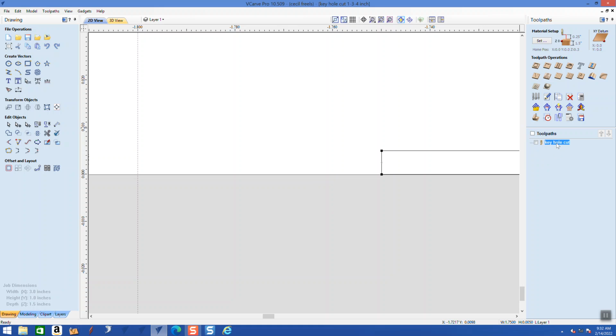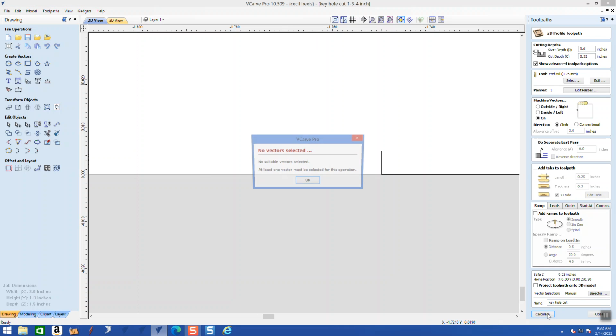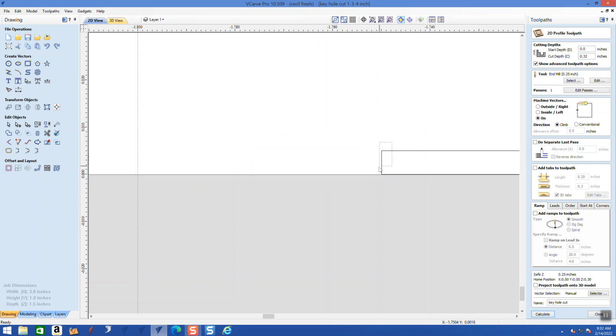So now what we'll do is we'll click on the keyhole path, and the settings are the same. The depth is 0.34. I'm going to back that off to 0.33 or 3.2. And it's a 1/4 inch tool. We're going to do this in one pass. Remember, we set our depth for one pass. And we'll cut it, or calculate our cut. That always happens. So what we'll do is click over here, calculate,